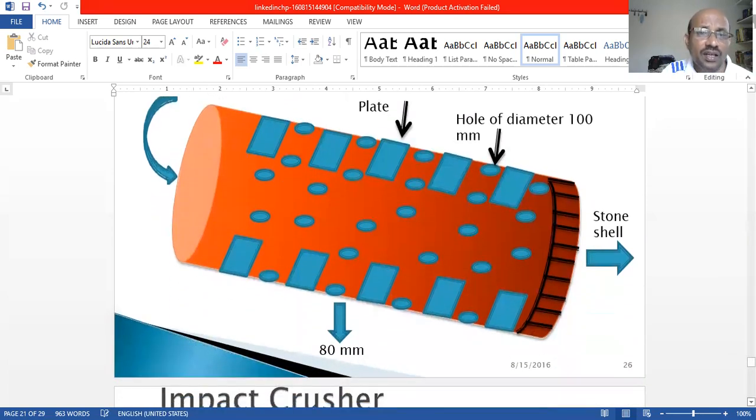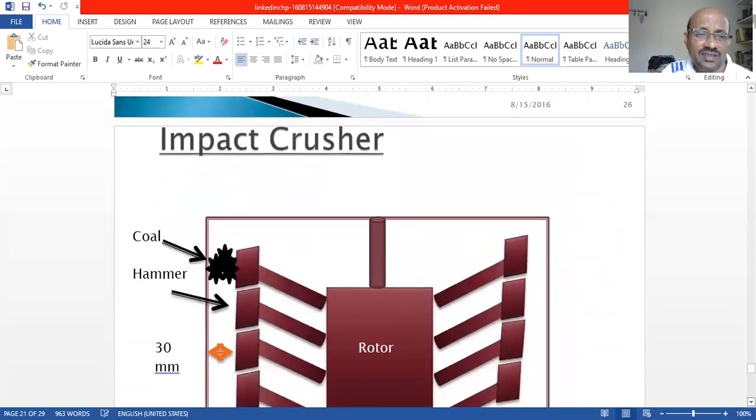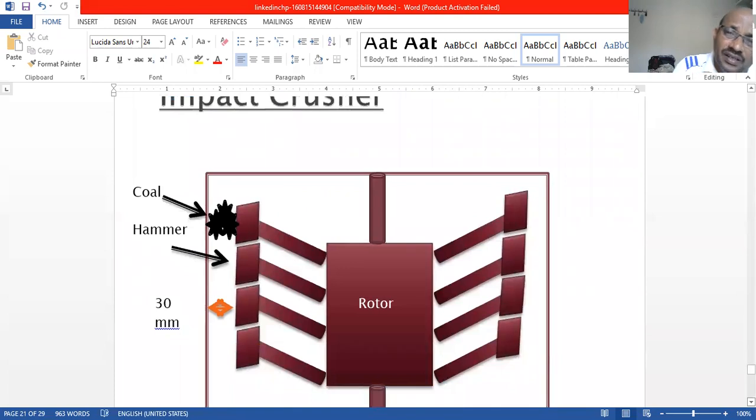Another thing is impact crushers. Compared to the other two rollers, this is somewhat dangerous. If any hand or anything is there, our hand will also come out as 20 mm, 30 mm chips. So the coal will be there. The rotor is going to be rotating, and over there it is chipped, turned, and then it comes out. Okay, we will get it.